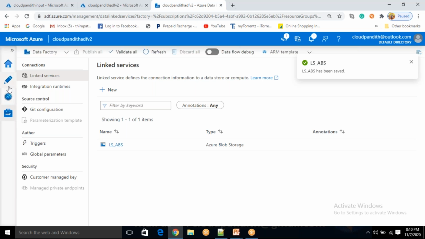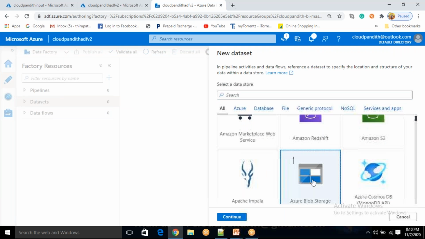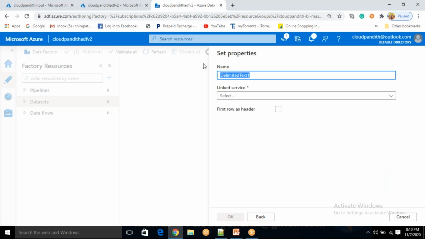Now come to the author tab, click on this. Now click on datasets. Okay, click on Blob Storage, click continue. CSV. Okay, I have CSV first, continue. This is the dataset for Azure Blob Storage, copy behavior. Okay. Source dataset for copy behavior, source CB.